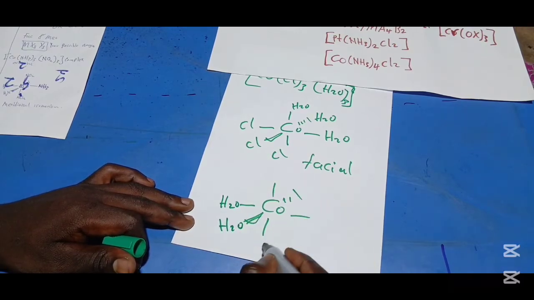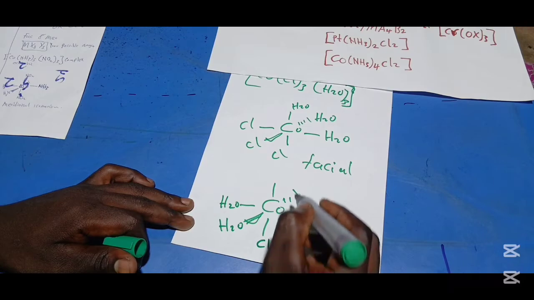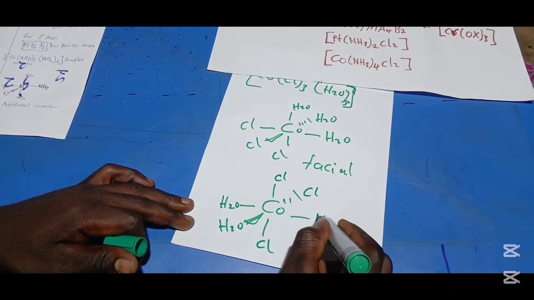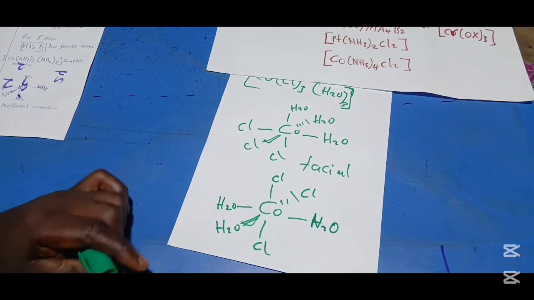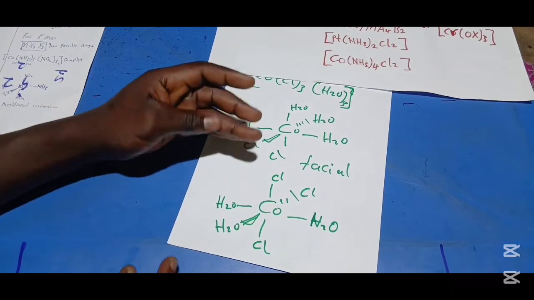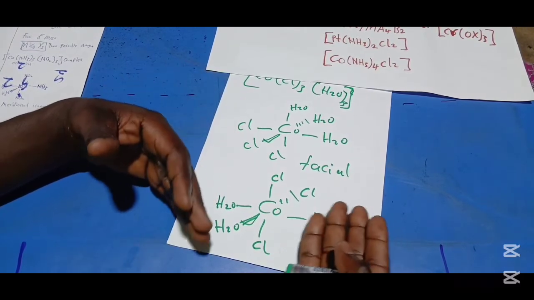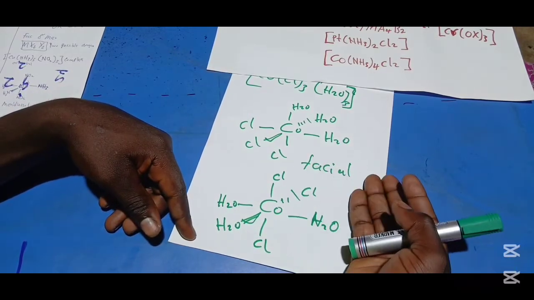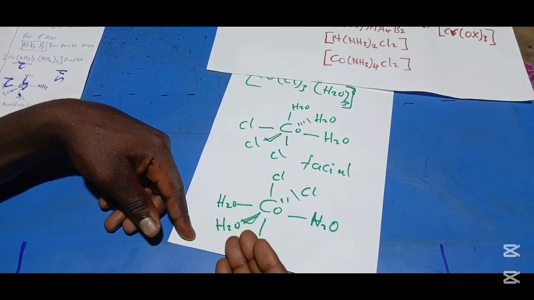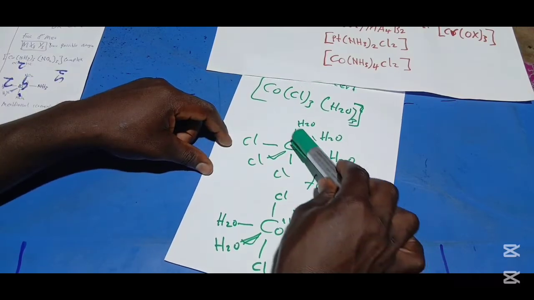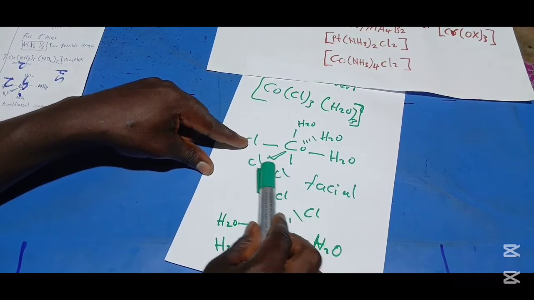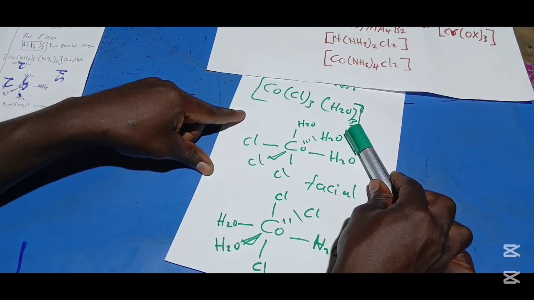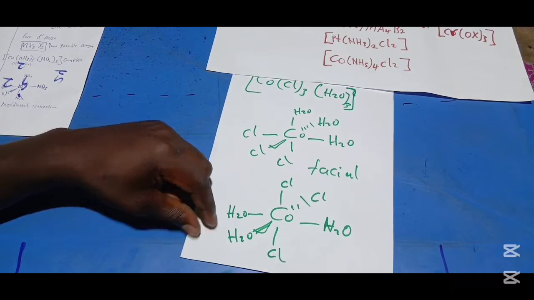And we have chlorine here, chlorine here, chlorine here, and then H2O here. Looking at this, you can see that the groups of the ligand are not at the same place. They are not facing each other, they are not grouped, as compared to this. You can see that here all the chlorine are at one side and all the water ligands are at one side. So this one is the meridional,